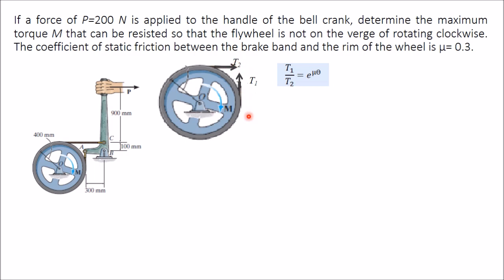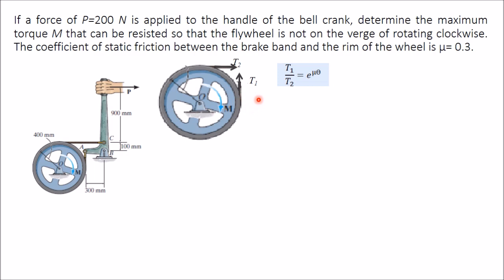Now how can you determine which tension is more? It depends upon the direction of rotation of the wheel. When this wheel is rotating in the clockwise direction, first it will come in contact with this part of the belt. So that part will be your tight side tension T1, and where the wheel leaves the belt, after rotating when it reaches here, it leaves the belt at that particular point. That tension will be T2, which is lesser than T1.